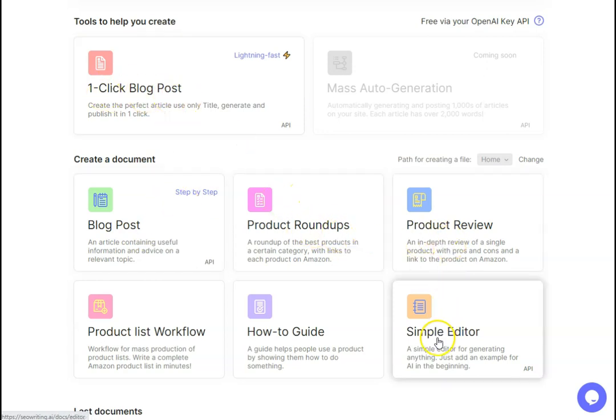Product roundups, reviews, we've got the how-to guides, which are really useful because people might be searching how to use a particular product or software. And then you've got product list workflow, which is where you have a workflow for mass production of product lists. So you can write complete Amazon product lists in minutes,